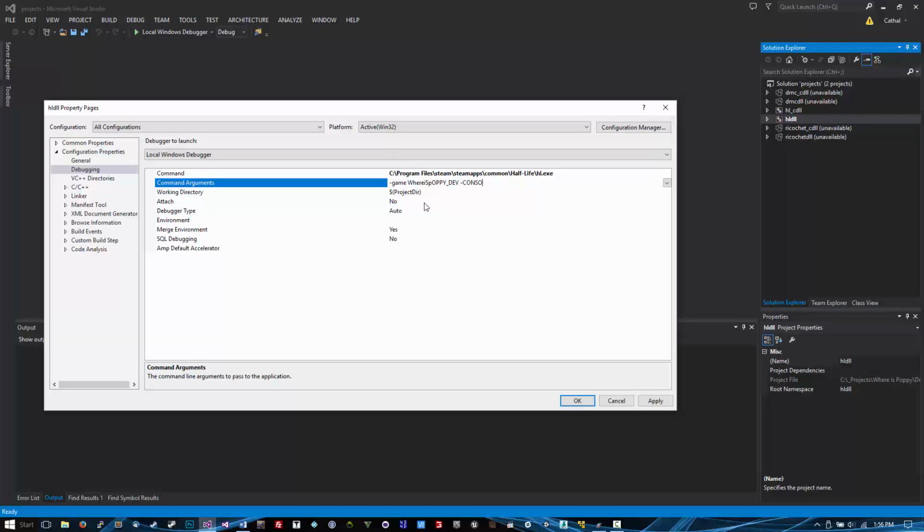I'm going to need console, developer options, and con debug. Okay, I did not notice that I was writing that all in capitals, sorry about that. So it's where is Poppy underscore dev, console, dev on, debug. Also, this is important, we're going to need to set it into windowed mode